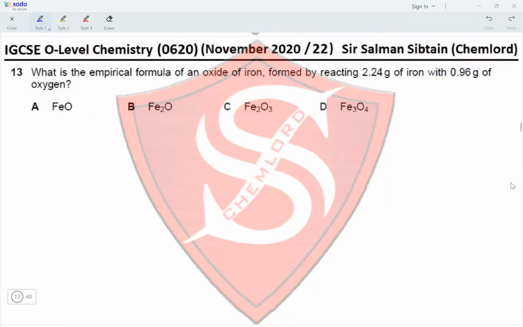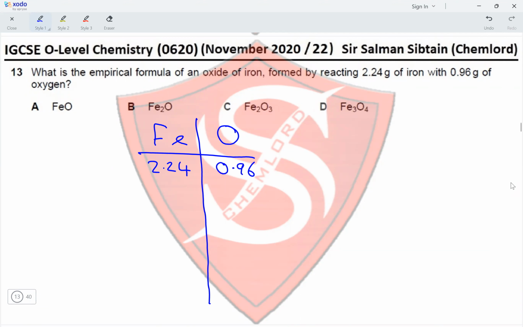Question 13. What is the empirical formula of an oxide of iron formed by reacting 2.24 grams of iron with 0.96 grams of oxygen? So we need to find the empirical formula. We have iron and oxygen present. The mass of iron is 2.24 and the mass of oxygen is 0.96. We would divide 2.24 by 56, the Ar of iron, and 0.96 by 16, the Ar of oxygen. So dividing 2.24 by 56 gives us a value of 0.04